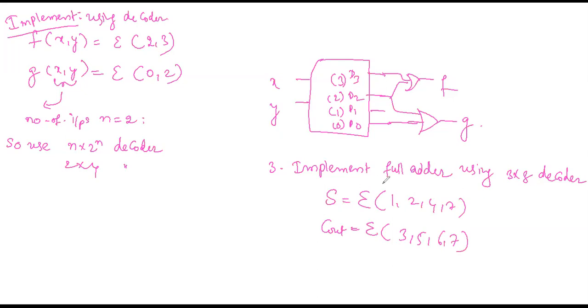So in full adder we are having three variables X, Y, Z. So use 3 by 8 decoder, and whatever the minterms are presented, connect them to one OR gate. Okay, and complete the assignment question. If you have any doubt regarding the assignment question, you can ask. Similar to the same functions, you have sum and Cout, and whatever the minterms are presented, connect those outputs to the OR gate simply. Next.